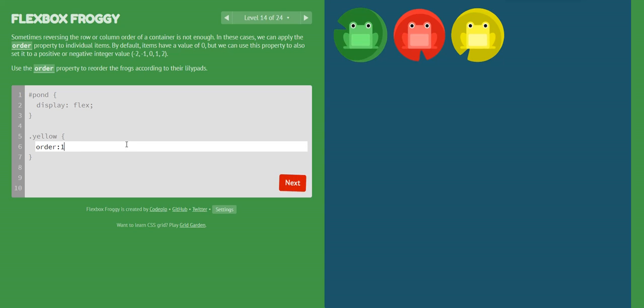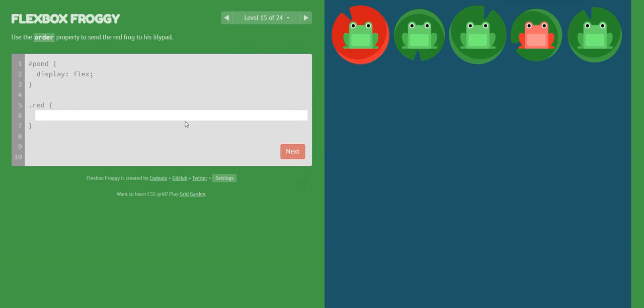So I'll just go ahead and say 1, and then you can see that the frogs have been displaced by 1 value. So in level 15, we have learned how to use the order property. You can either say order towards the positive side, or instead I could just say -1, and then it goes back to the beginning.